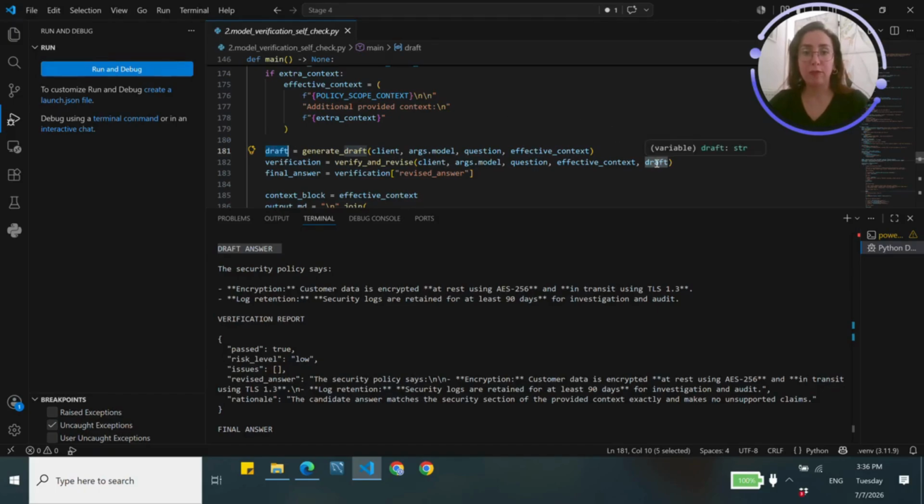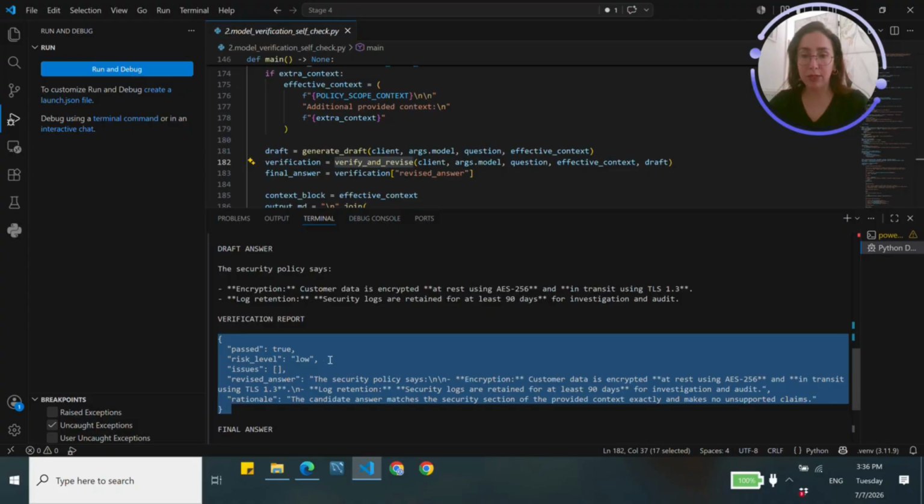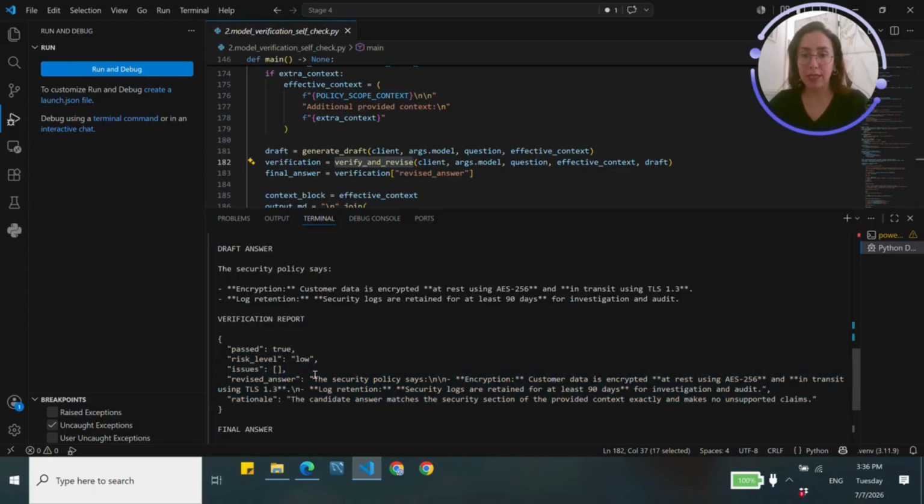Then this first output will not be given as an output to the user, but it goes through verification by the model itself. So this output will be given again to the model with this verify and revise function to see whether the verification checklists are passed or not. And when this function is running, we would have a verification step that at the end comes with this JSON format, whether the verification is passing or not, and at the end the risk level is low,